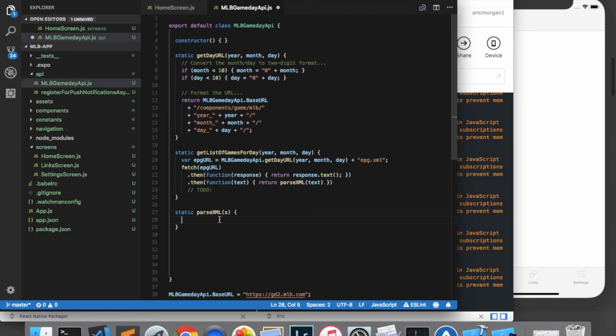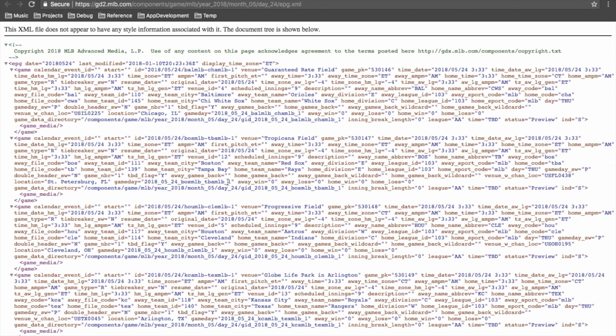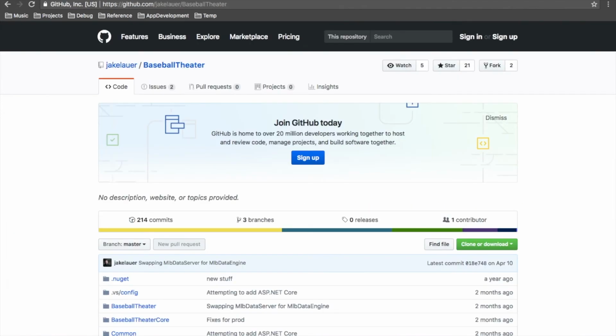And what we need to do here is use our XML parser to parse that string as XML and then return the result as a promise. The reason we want it as a promise is so that we can continue chaining these .then functions. So I'm going to jump over to the XML parser